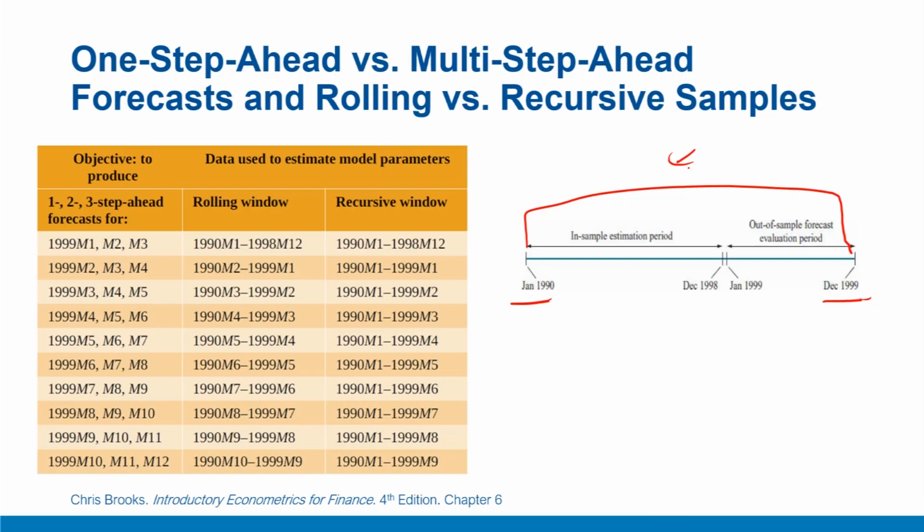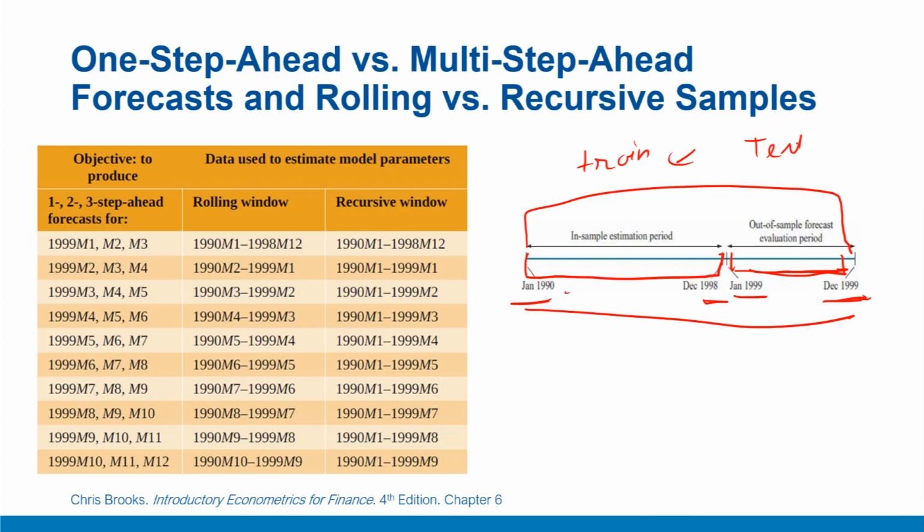But this is not a very good approach because generally it is expected that when we are training the model using this data, it would do well on this data itself. So a more evolved way is to take a certain set of this sample, maybe January 1990 to December 1998, and call it the training data set, the part of the sample on which the model is trained and parameters estimated, and a certain set of sample which is left out, or hold-out sample, from January 99 to December 99. These observations are not used as a part of the training data set, and they are used for testing the model.